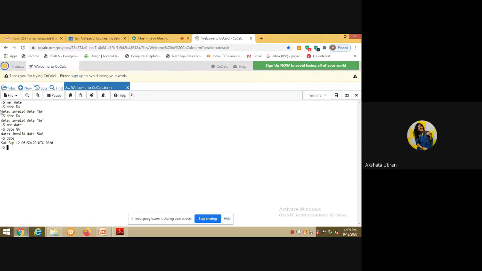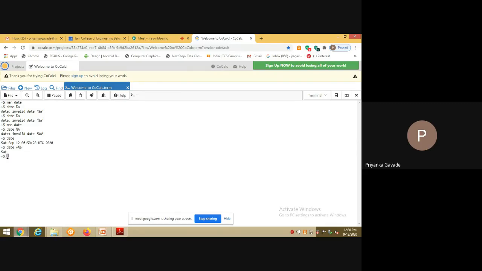Ma'am, but before inserting a format, yeah. Before inserting a format, what we are supposed to do is append a plus symbol there. We had seen an option percentage A, right? Let us see how exactly it works. So before I make use of the format percentage A there, we'll have to append a plus symbol followed by percentage A. This should be working.